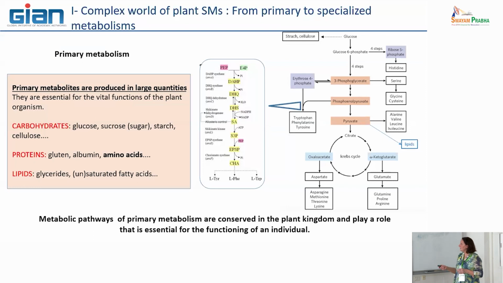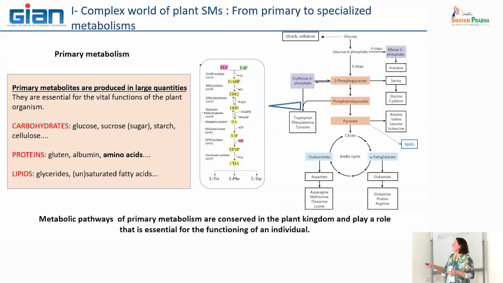Here, for example, three of the more important ones, tryptophan, phenylalanine, and tyrosine, are very important for alkaloids and for phenolic compounds, and also for terpenes in one way. And you see here, I gave you a scheme, it is difficult for you to see, but it is just to illustrate that it is complex.